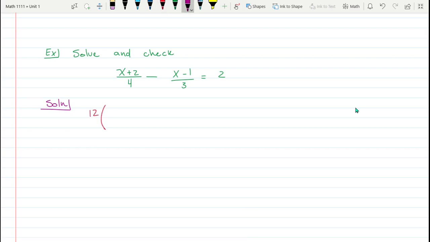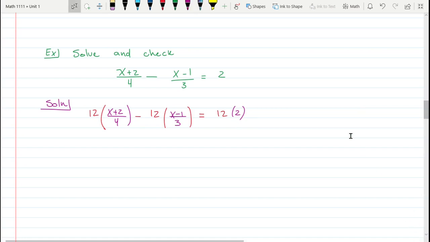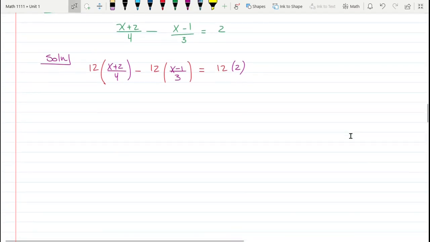So (x + 2)/4 times 12 minus 12 times (x - 1)/3 equals 12 times 2. Everything on the left and everything on the right side has to be multiplied by the same number. It doesn't matter what number, you just have to be consistent. So now that we're multiplying everything by 12,